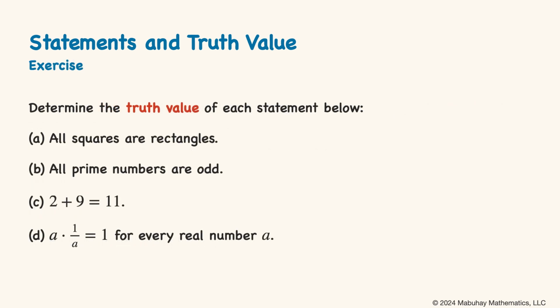But moving on, here's an exercise. Determine the truth value of each statement below. So in this case, all 4 of these are statements, and the goal is to determine whether the statements are true or false. Again, go ahead and pause if you want to try this independently first. So part A, all squares are rectangles. So to understand whether this is true or false, we do have to know something about what's a square, what's a rectangle, right? So let's say a rectangle is a 4-sided polygon